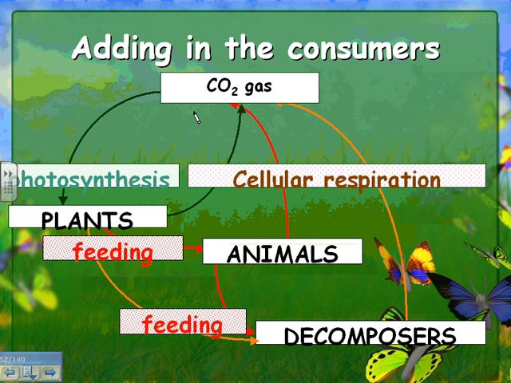And so here's the same picture with a few extra things. The CO2 is taken up by the plants in photosynthesis, and it goes back into the atmosphere by cellular respiration. Sometimes the plants get eaten by animals, and they do cellular respiration. Sometimes they just die and they get broken down by decomposers. Animals can also get broken down by decomposers. Decomposers also send CO2 back into the environment. And then we could still have combustion in here somewhere too. We can add another arrow for that.